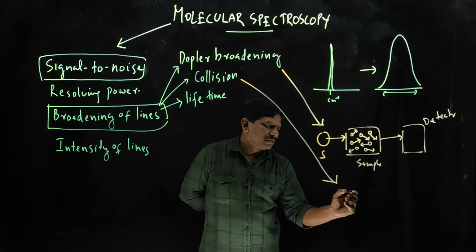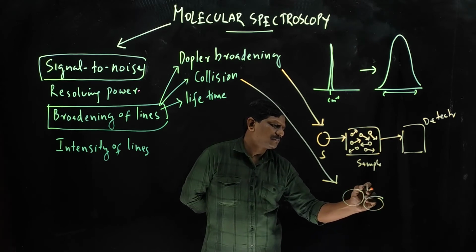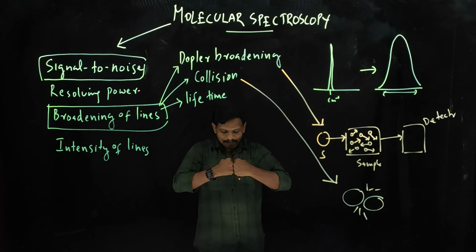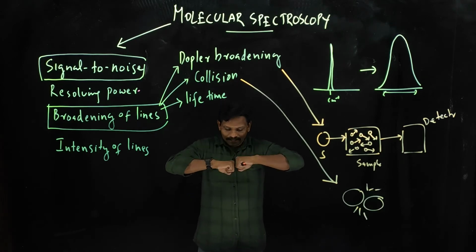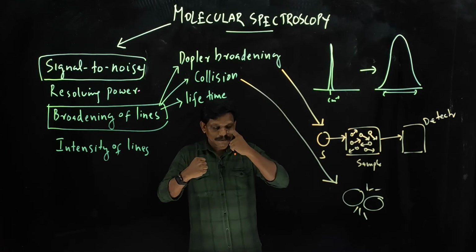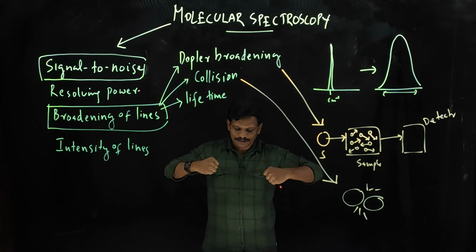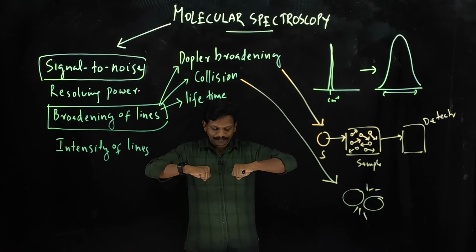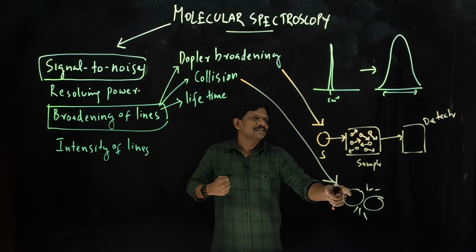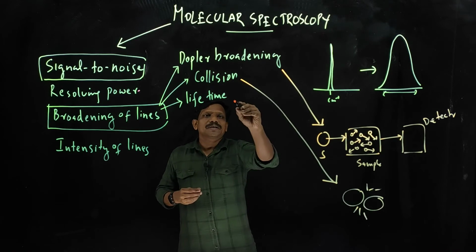It's very simple. Suppose you have two molecules, they will collide with each other. What will happen during the collision? Their electron cloud will become damaged. So you see, when temperature increases, this collision will increase. That means their electronic cloud will become damaged. So due to this damage, another type of broadening occurs, that is known as the collision broadening.